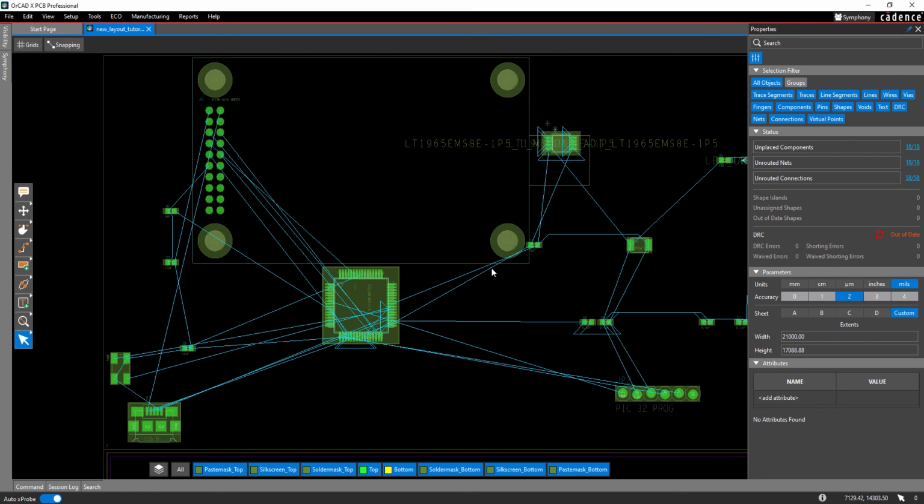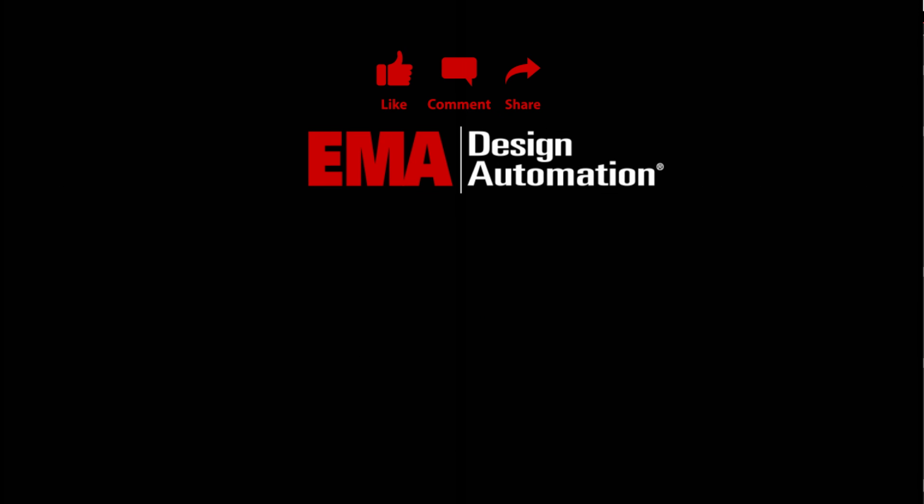Quickly create a new PCB from a schematic with bidirectional communication between OrCAD Capture and OrCAD X Presto to accurately communicate design intent. For more tutorials, visit us at